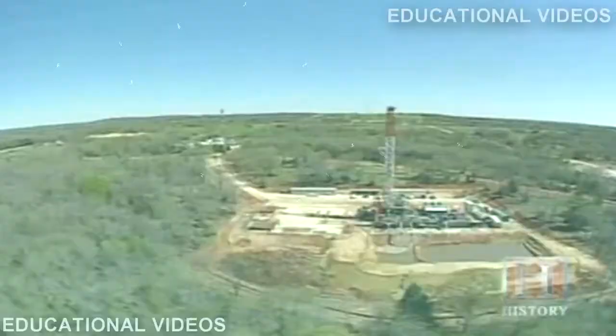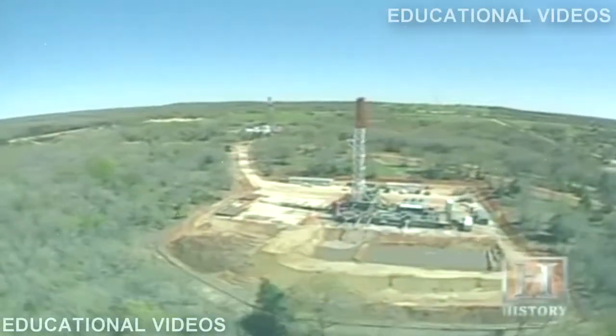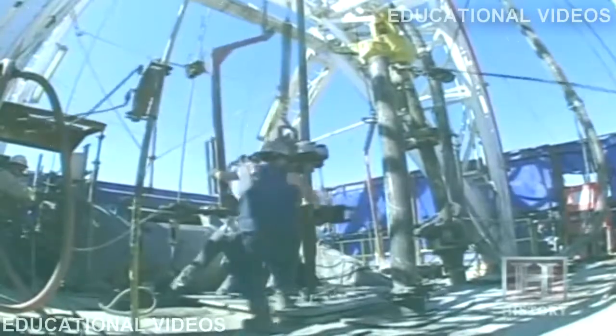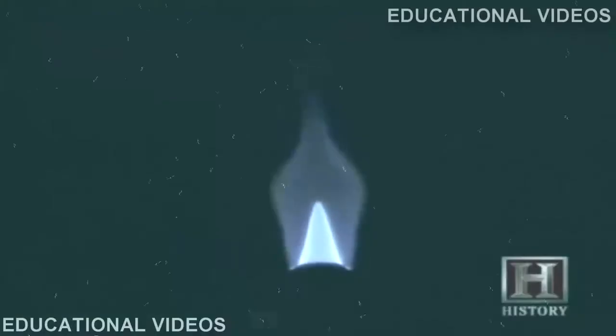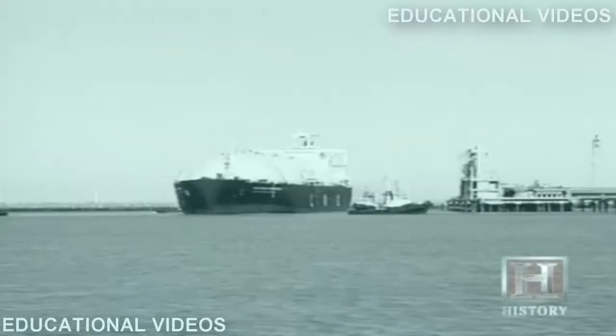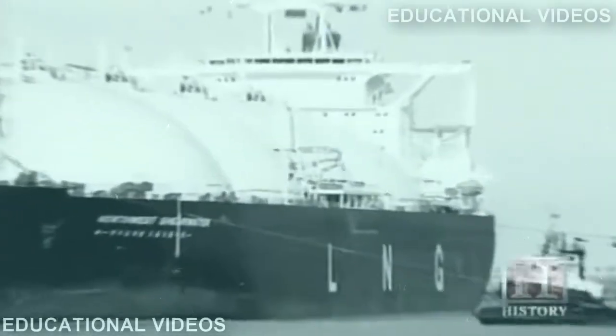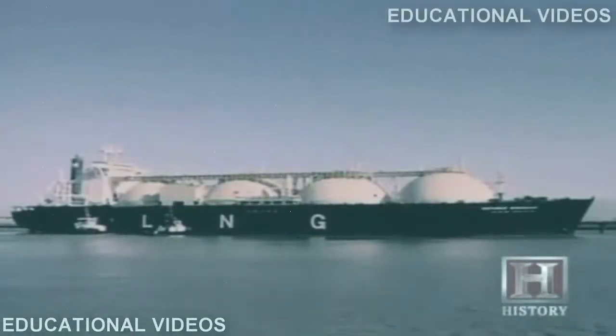shipping oil. In parallel with the exploration of oil and the utilization of oil, gas is becoming a substitute in many cases for oil. It is the growth industry in terms of an energy source. It's cleaner, it burns more efficiently, and has a huge role to play in reducing greenhouse gases and emissions around the world. Transporting natural gas to the United States will be the job of the LNG, or liquid natural gas